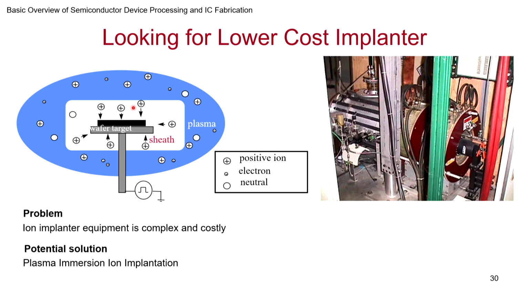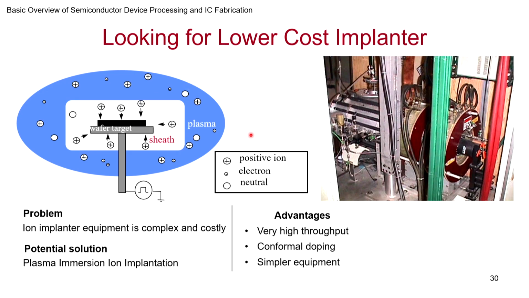This is a very interesting way of doing it, because it's a much simpler setup, right? No scanning and nothing, but at the same time this has its limitations also. So what are the advantages? Very high throughput. What is the limitation? The same limitation that we found in the implanter, the wafer heating up. When so much is getting implanted, it can heat up. So effective cooling will limit how much throughput you can have.